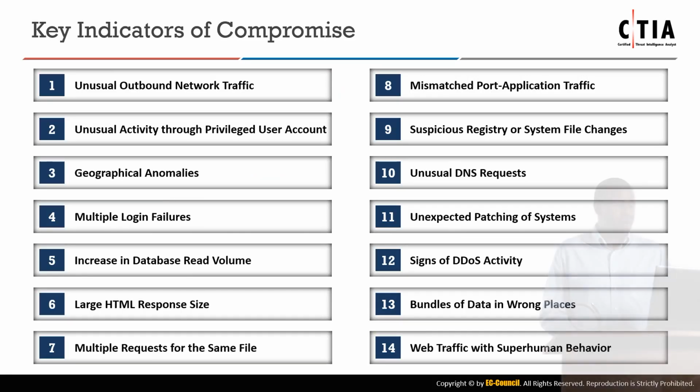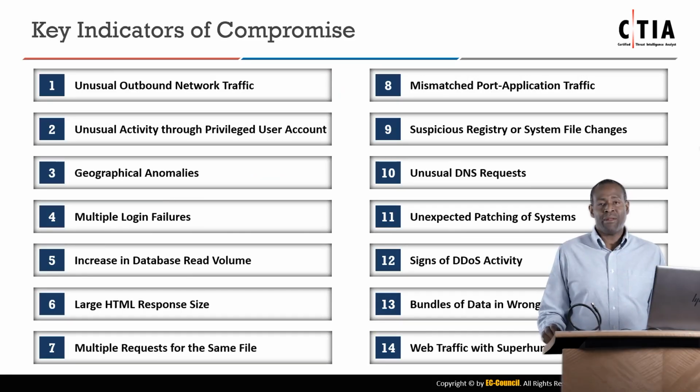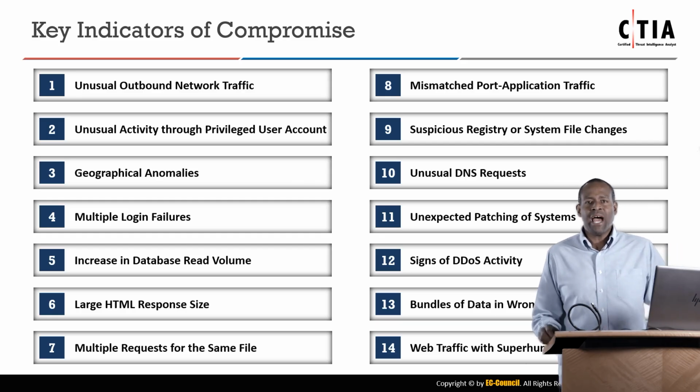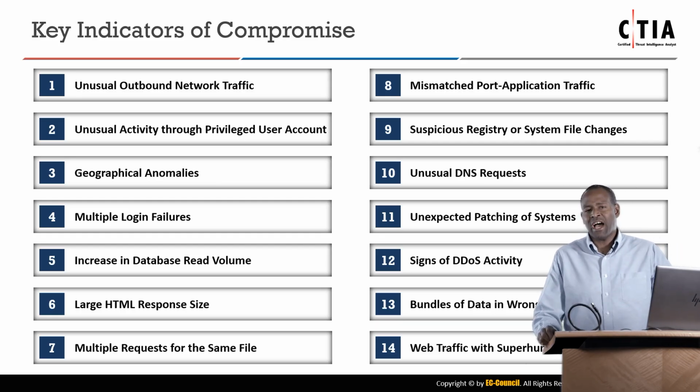So, key indicators of compromise. Number one, unusual outbound network traffic. Number two, unusual activity through a privileged user account. Number three, we'll pause here, geographic anomalies. What does that mean? That means that the IP addresses that we're seeing show up are from areas where our organization doesn't usually communicate. So if you notice that you're getting a lot of IP activity from Tierra del Fuego, right, which is